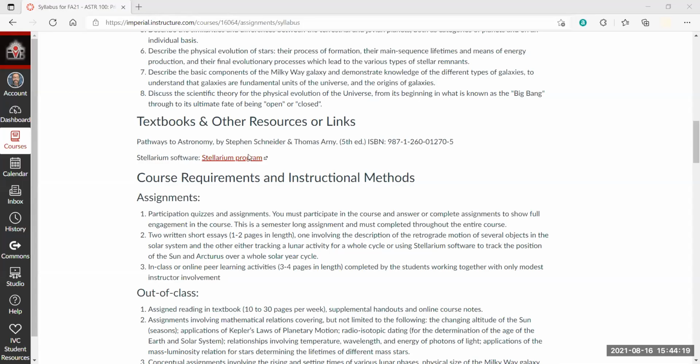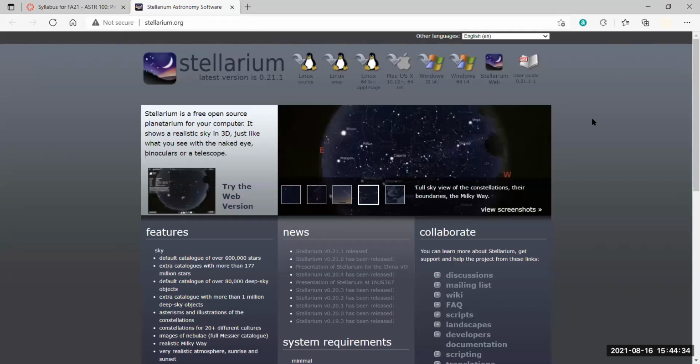Yes. Let me share this screen again, just to make sure that you know where to find it. Here is the software that we're going to be using. It's called Stellarium. So I'm going to click on it and see if that takes me to the link. Do you see this page with the three penguins and an app? Okay, very good. So this is the software that we're talking about.